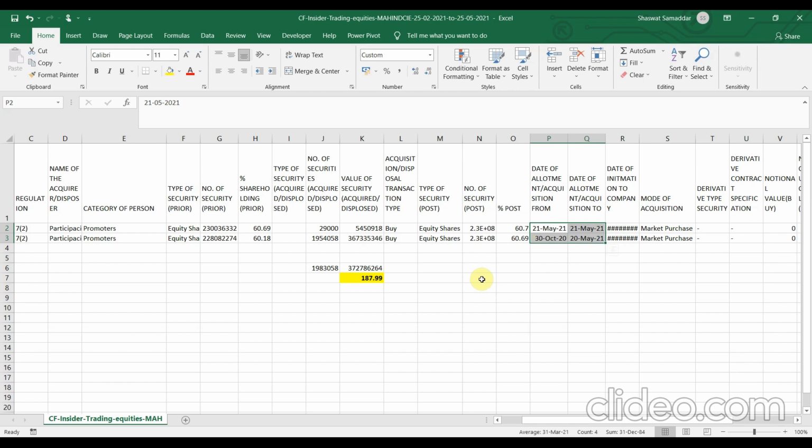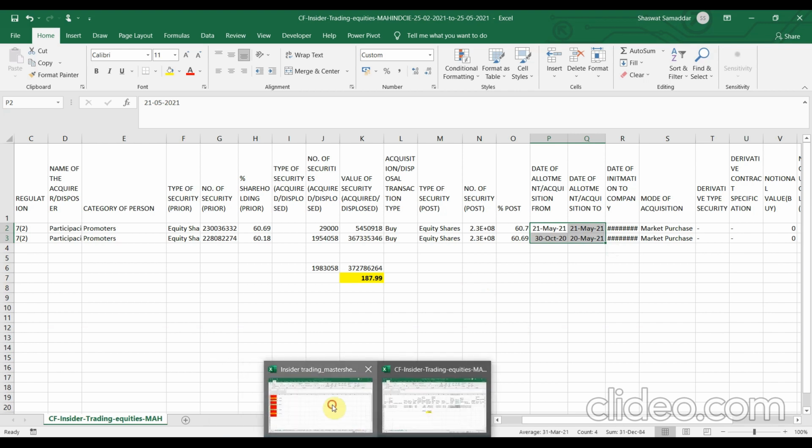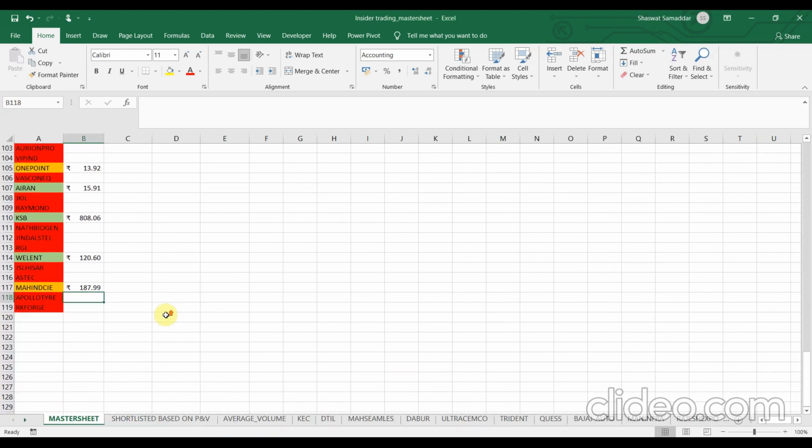Also, you could click on the I button on the top right corner of your screen. So that was all for today. We have come to the end of our analysis. Today we only found Mahindra CIE for our watch list. Now, there are plenty of things which we have to check before making an entry into this particular stock. So we have to check the volatility, and we have to check the volumes,